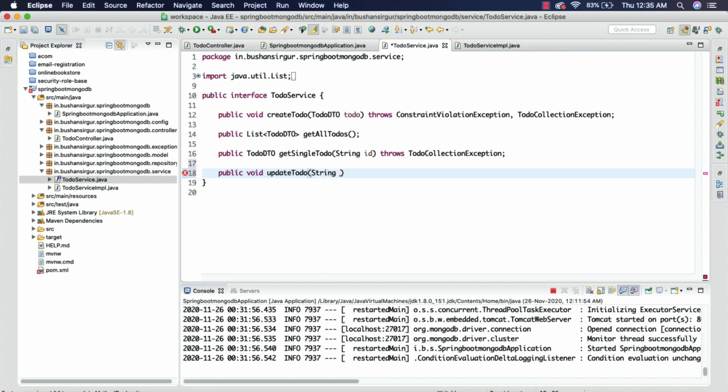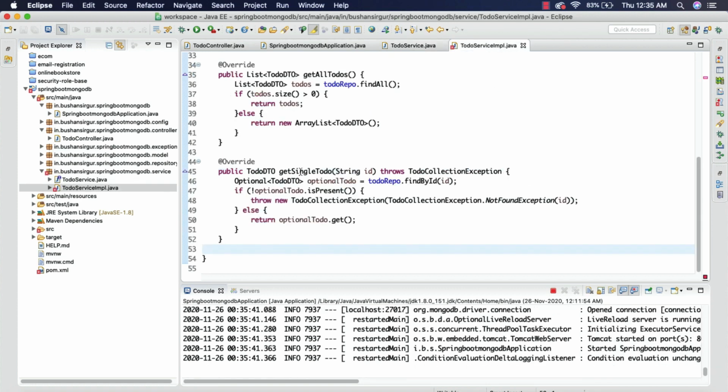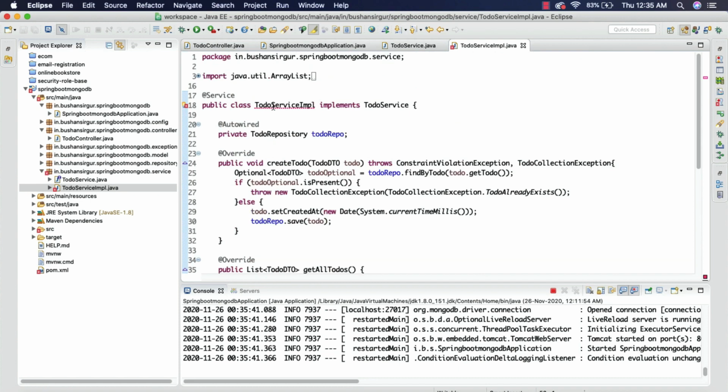One is the document ID, which is of type String, and the second parameter is of course the updated document, ToDoDTO, and I'm going to call this toDo. This is going to throw a ToDoCollectionException, and let's save this, and inside this implementation class we are going to override that method.